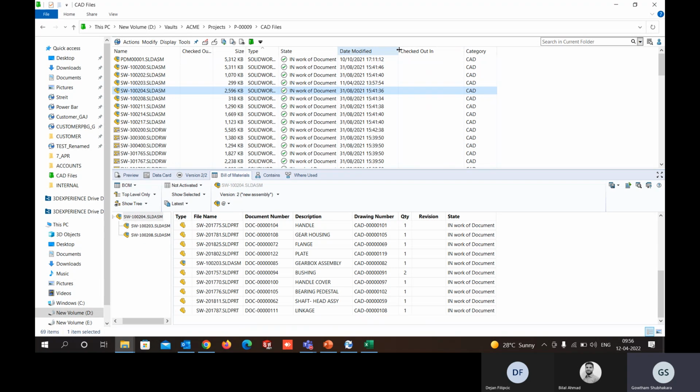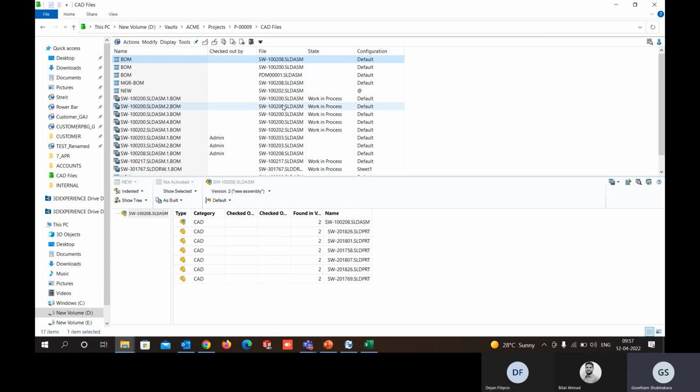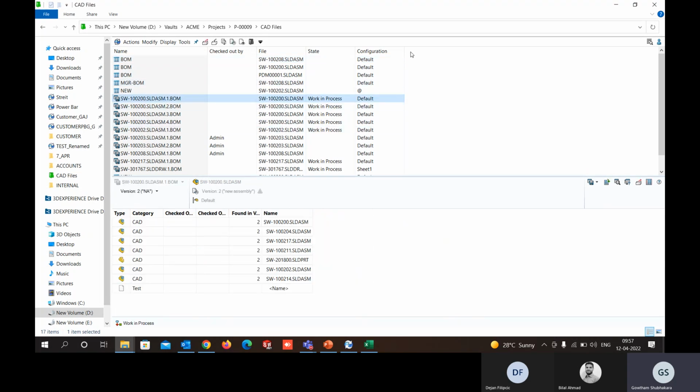For example, when we are saving this particular BOM in the form of a named bill of materials, we are adding some things, maybe the cut list. So that particular named bill of materials has to be sent to the machinery users, right? This is what you meant, right? Yes. Actually, whenever we save this particular named bill of materials, again it will go to the respective workflow. As of now, we can see that whenever you save this, it goes to the work in process state. So from here, as of now, I don't have an answer for this, like how exactly we can move. So I need to check in what perspective,